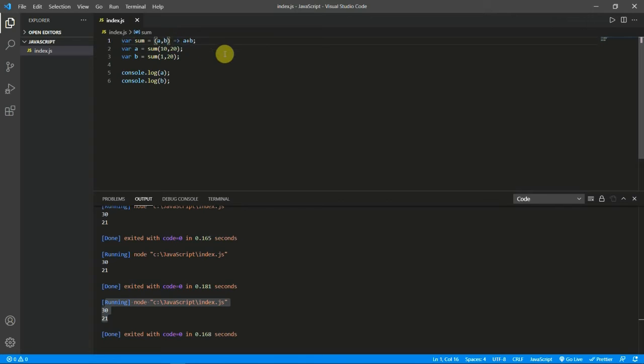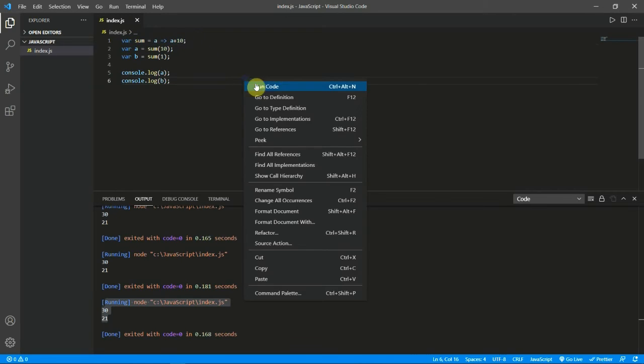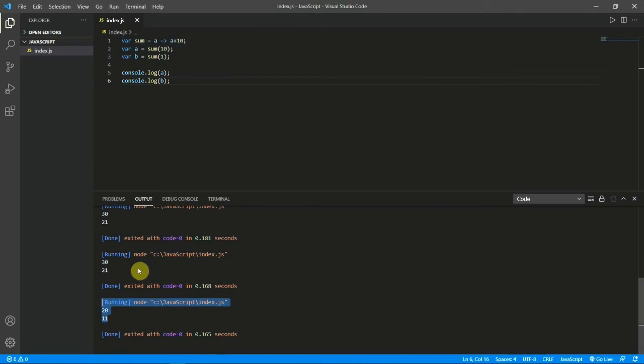If you have only a single argument, let's think it is only a. Now let me remove the brackets from here and write a plus 10. Now we have only one parameter or one argument. There is no need of brackets either. You can directly write it like this and then you print it, and the code runs exactly the same. So these are the basic functions, and you have many uses of this arrow function. I have not gone very deep into it, so yeah, this is all about functions.